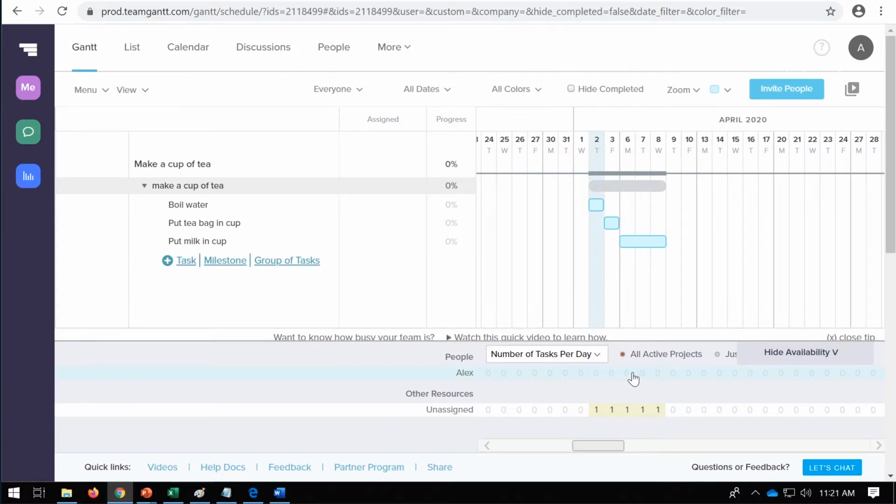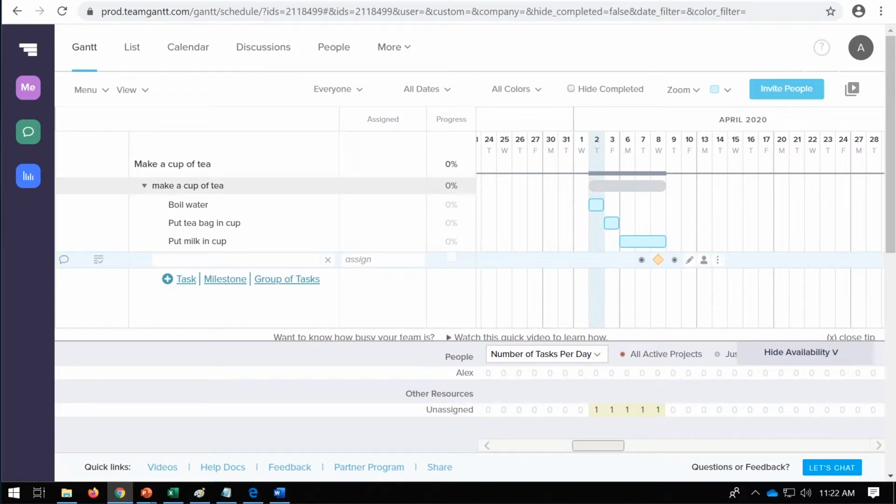So I can plan people's working week based upon the amount of hours that they complete a week, and so on. But in simplistic terms, this is what we're doing in a Gantt chart, defining tasks and then assigning lengths of time. So we can see what we're doing and when we're doing it. So what we might also include is a milestone. So this milestone here might be drink